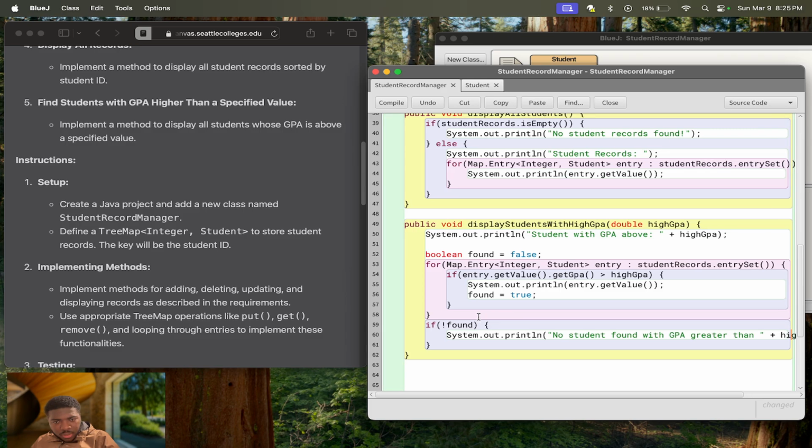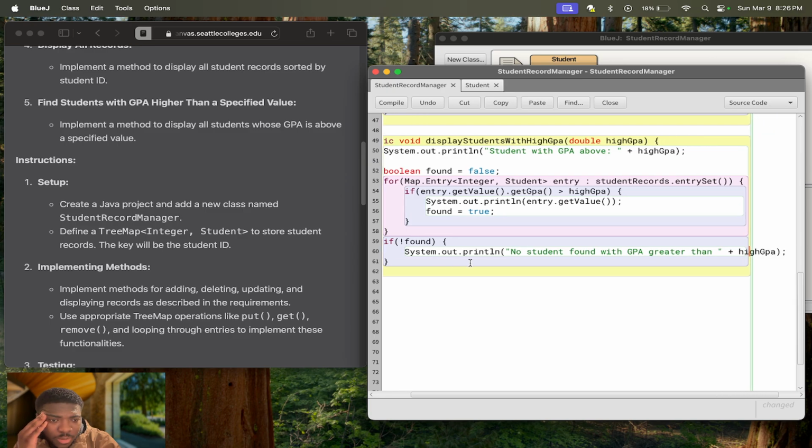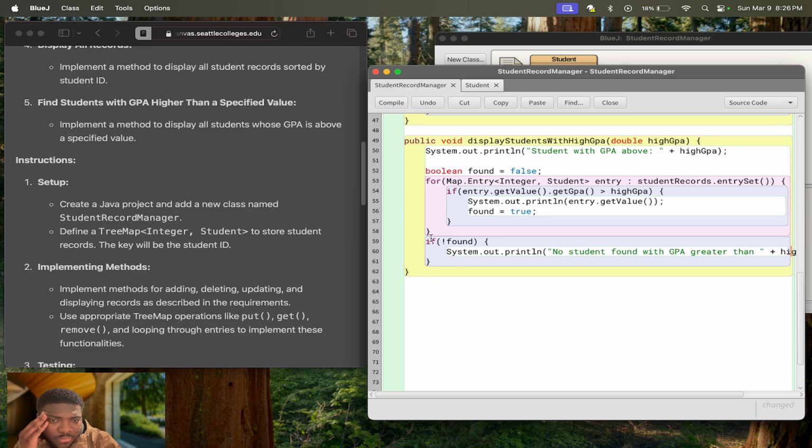I need this loop to run, because if I had this as an else, I could have gotten the same. Because what I'm seeing here, it would have run. I would have received a list of both students with high GPA and low GPA. I think I've done a program like this before where this happened. So out of experience, I prefer to have this if outside, so that then if we set